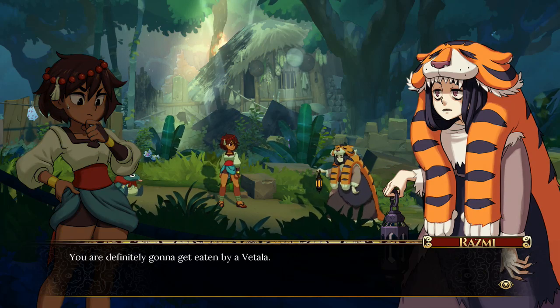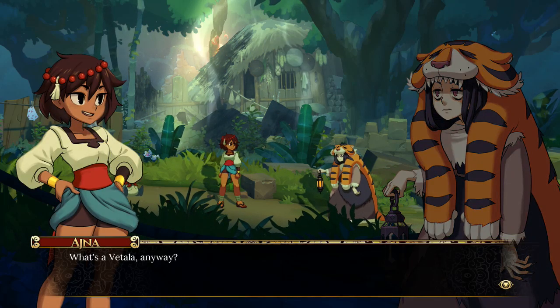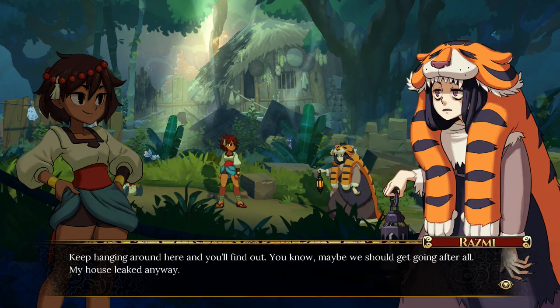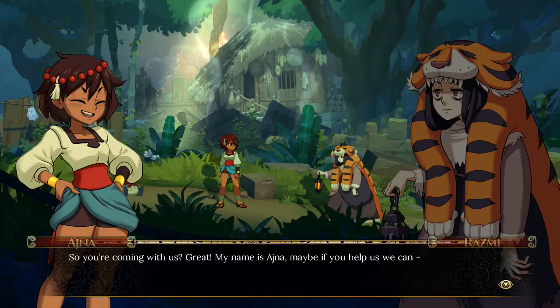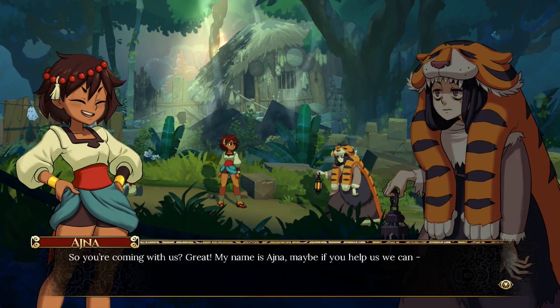You are definitely gonna get eaten by Vitala. What's a Vitala? Is that like a group? Keep hanging around here and you'll find out. You know, maybe we should get going. Did we get Tiger Witch? I want my Tiger Witch. Yeah, get in my brain. So you're coming with us? Great! My name is Ashna. Maybe if you help us, we can...